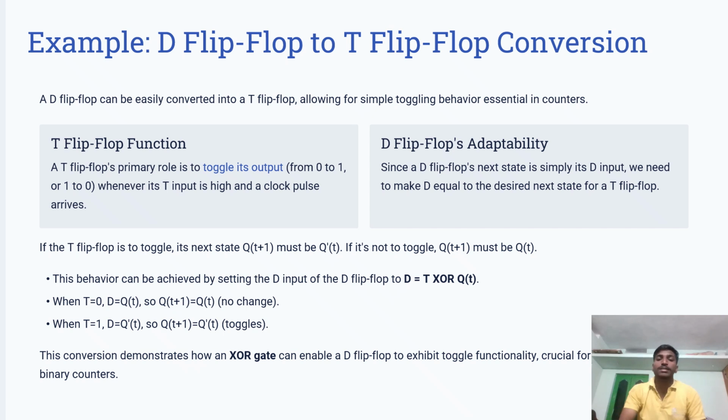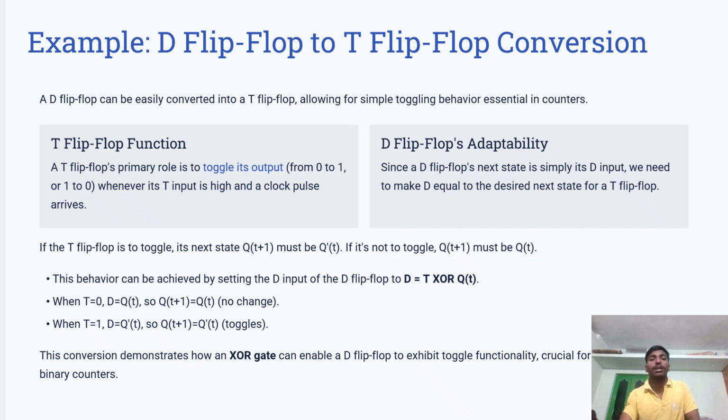D flip-flop abilities. Since the D flip-flop's next state is simply its D input, we need to make D equal to the derived next state for the T flip-flop. If the T flip-flop is to toggle, its next state Q(t+1) must be Q dash of t. If it's not to toggle, Q(t+1) must be Q of t. This behavior can be achieved by setting the D input of the D flip-flop to D equals T